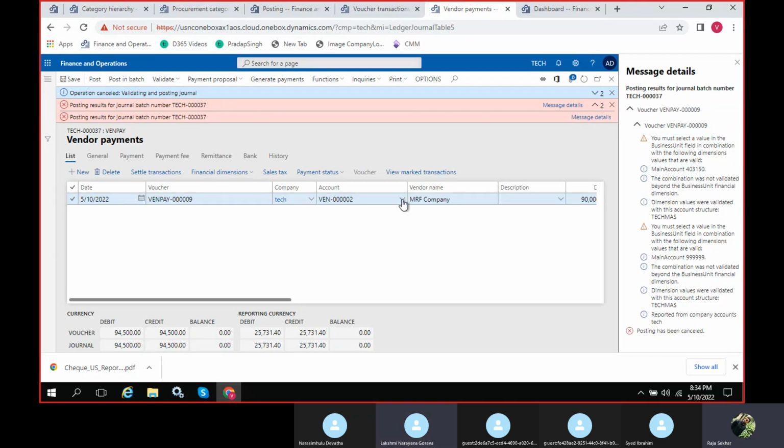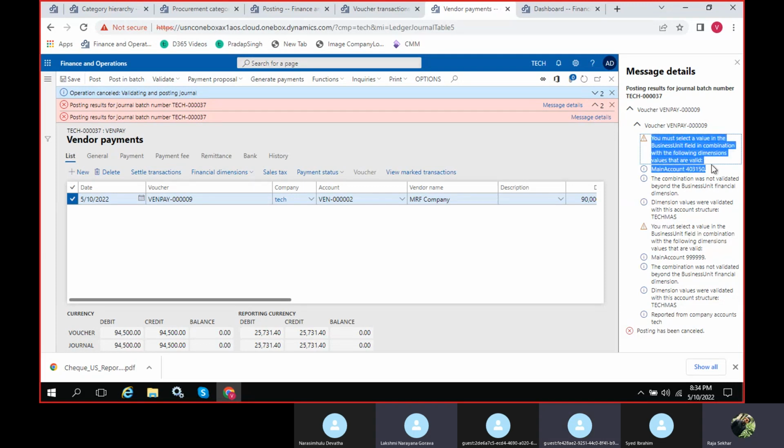If I'm not wrong, we have to select the ledger account. No, it's not ledger. See guys, what is business unit? It's a financial dimension. Right, exactly. Business unit field means dimension value, right?